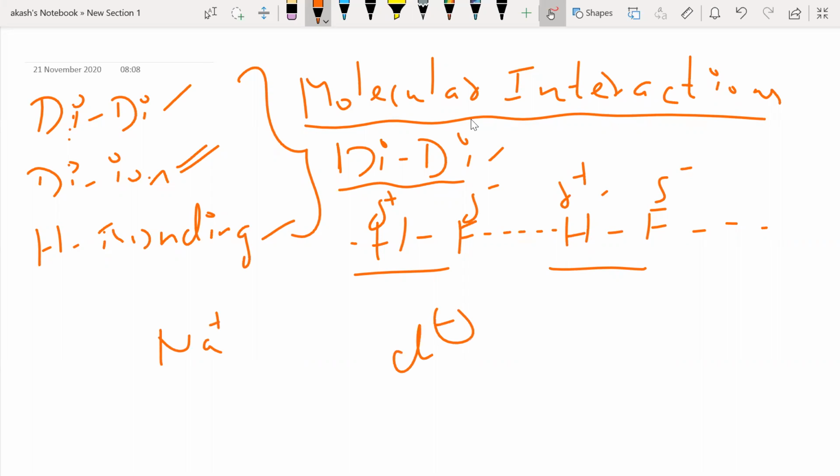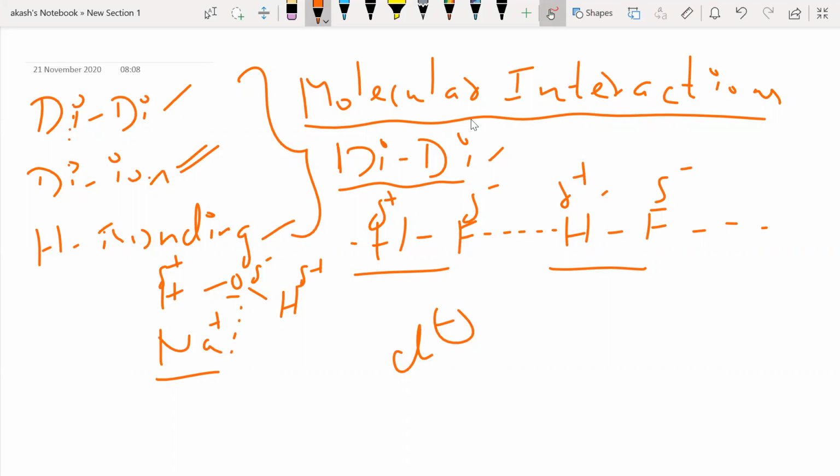Now you have water molecules. So obviously you have water molecules present, and that water molecule is also polar, isn't it? So if you can remember, H, now this is delta positive, this is delta negative, this is again delta positive, right? So the full negative charge and the partial negative charge on oxygen can have some kind of interaction.